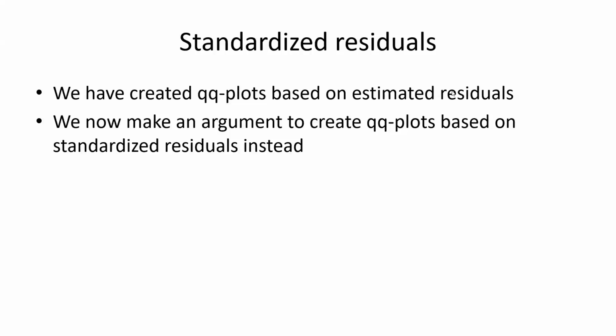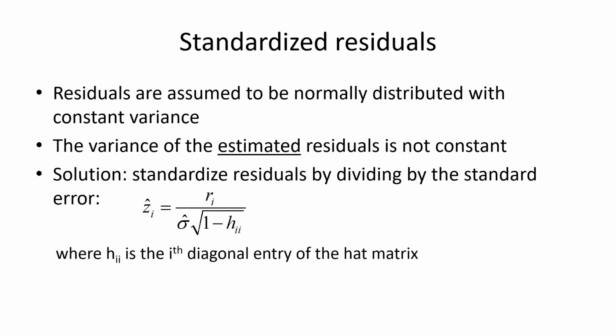We have created these QQ plots based on the estimated residuals, but we now argue that it should really be based on standardized residuals. The issue with the estimated residuals is that the variance is not constant, right? By assumption, the true residuals have constant variance, but not the estimated residuals. And we had seen in that context the hat matrix, and the ith diagonal element of the hat matrix is